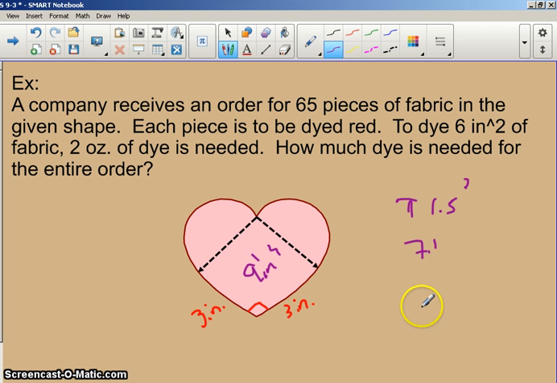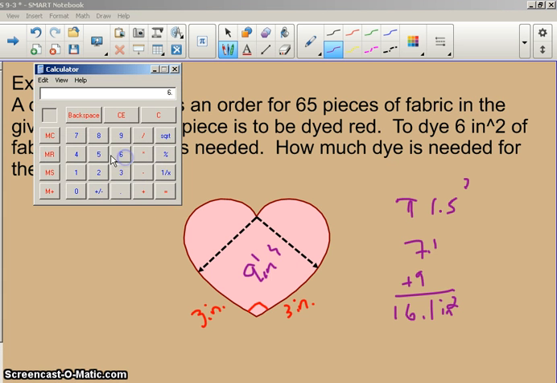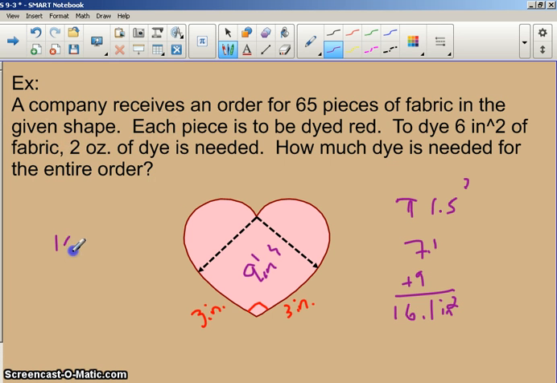So if we add 9 onto that 7.1, that's going to be 16.1 inches squared for one piece of fabric. Well, we have 65 pieces of fabric, so we're going to multiply 65 times the 16.1, and that's going to give us a total for the total order will be